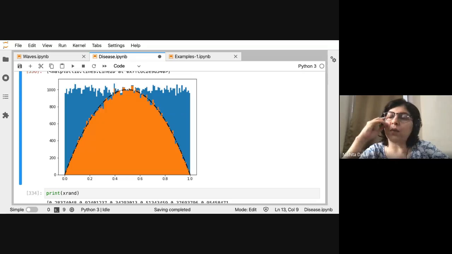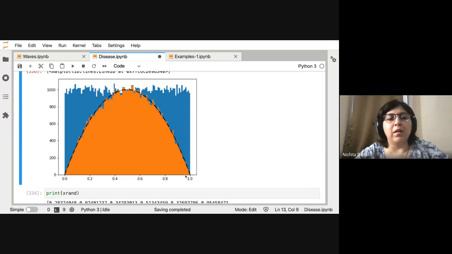Right? So when you say I'm drawing some Gaussian random numbers, what does that mean? So this curve is not Gaussian, but let's assume that it is Gaussian. It looks a little bit similar. When you're drawing something from a Gaussian, it means that you have a large probability of getting the numbers that are close to the mean, and a small probability of getting numbers that are away from the mean.